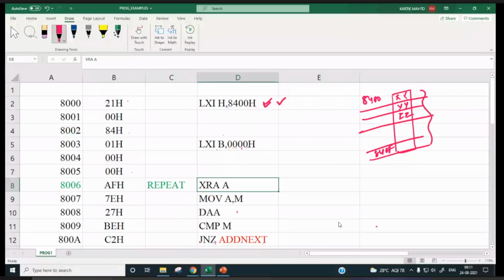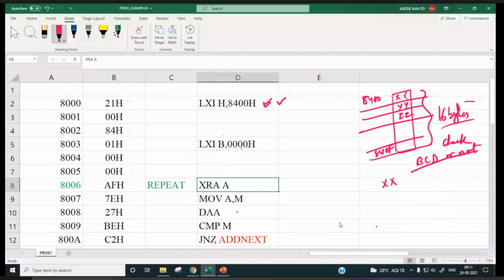So these 16 bytes, you need to check whether these bytes are BCD or not. After checking, if byte XX is BCD, then you have to add that. If YY is not BCD, then YY should not be added.